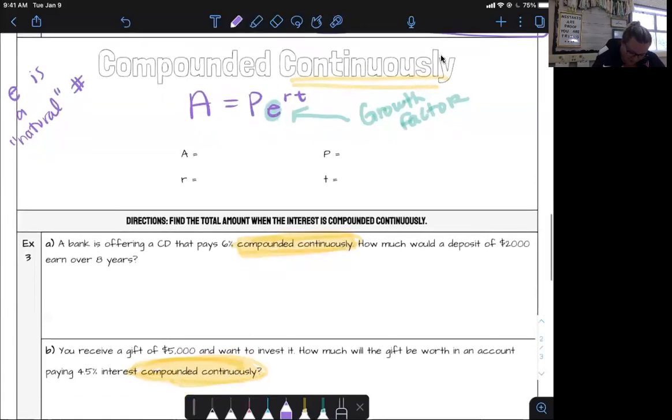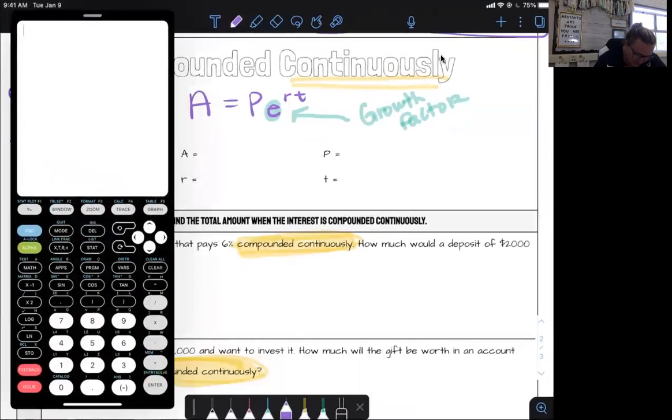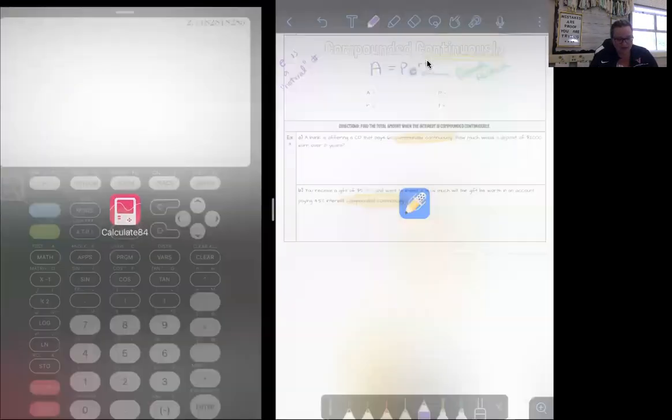So the number e, in fact, I'll show you what the number e is just using a calculator. If you hit second and then your LN button, the number e should pop up for you on your calculator. And if you plug in 1 for the exponent, so you take e to the first, you'll see that e is the number 2.71828182885. So that is what the number e is. And we use that as our growth factor with compounded continuously